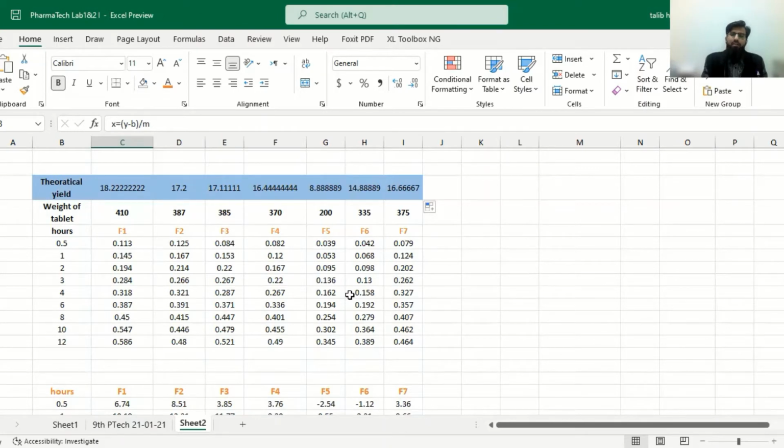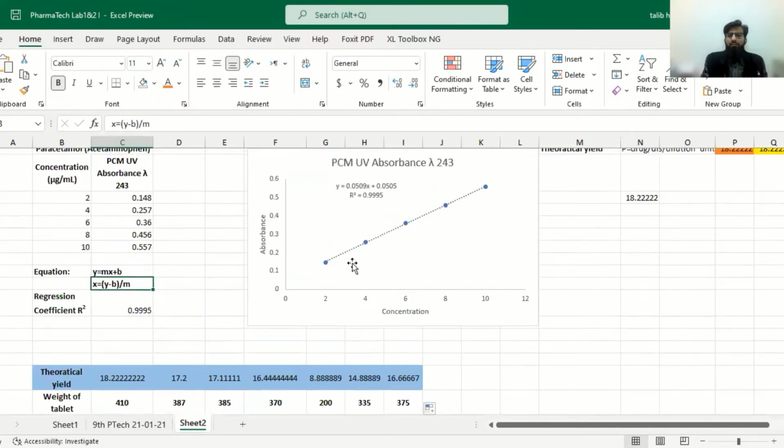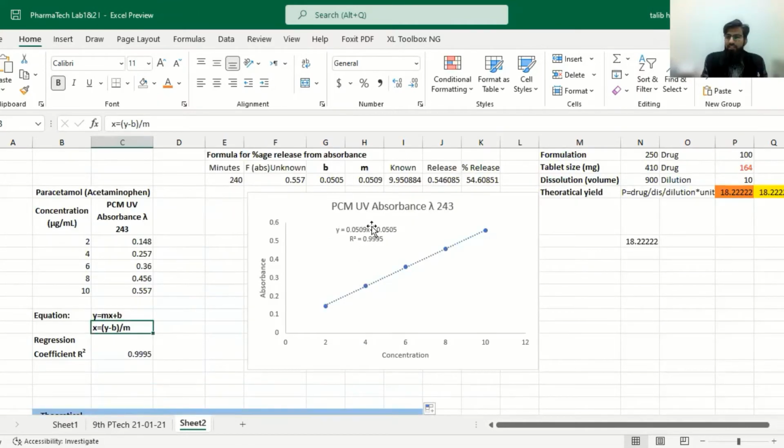From absorbance, if we have to calculate concentration values, then we have to rearrange this equation. For concentration, we have to find X. So X will be equal to Y minus B divided by M.